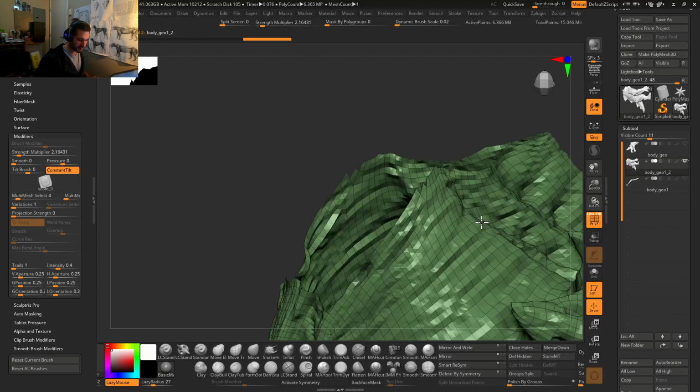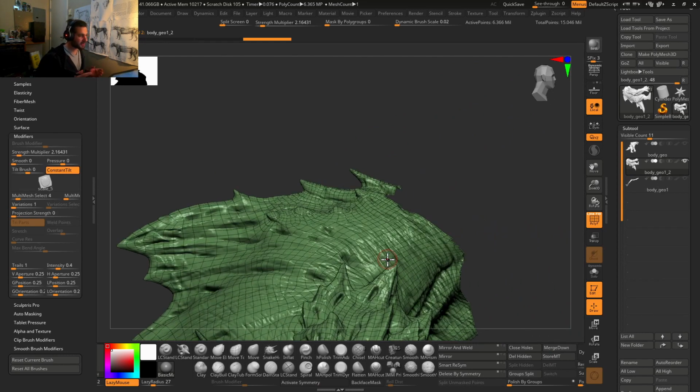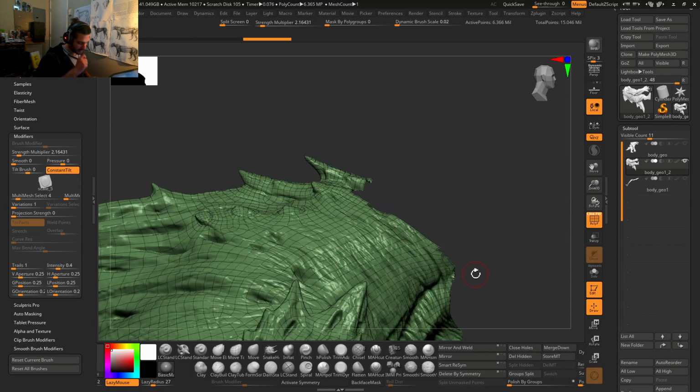And I will project it. The only thing that I need to do is just project that polygroup into this guy. And that's it. It's all done. That's the only thing that I need to do. Just project that polygroups into this guy. Actually, you know what? Something I forgot to tell you is that